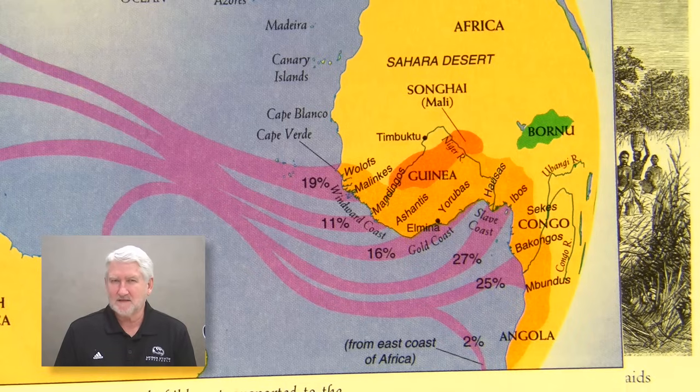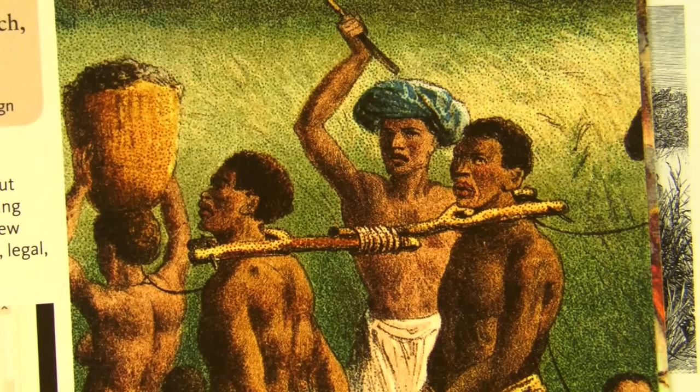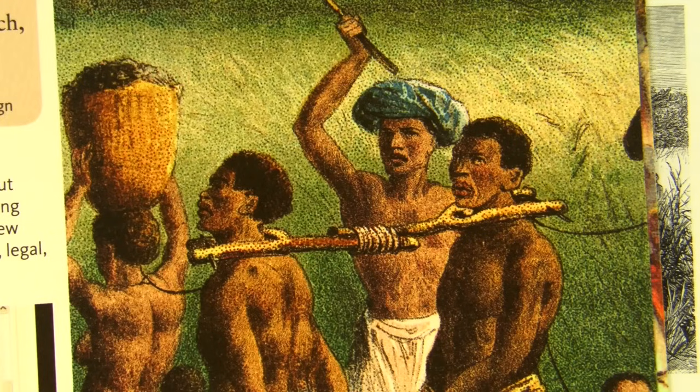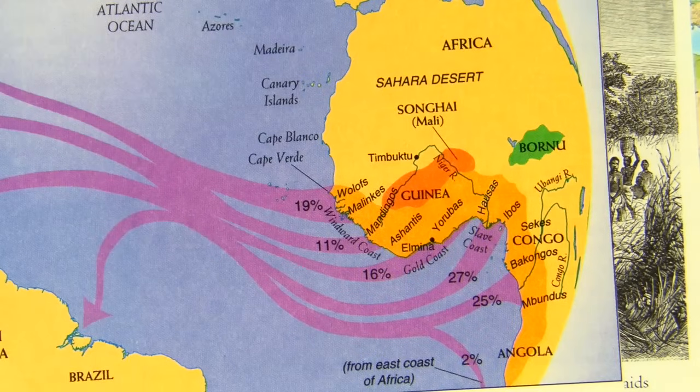One historian estimated that over the course of a couple of hundred years, these Africans extracted 20 million of their neighbors and sold them to the Europeans, almost all of them winding up somewhere in the Americas. It's a very ugly story, extraordinarily ugly. Let me show you a color version this time of some African slave raider herding his catch down to the coast to be put on board some ship to be sent off to the Americas for slave labor.